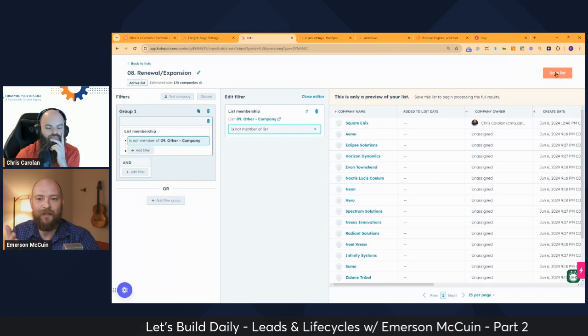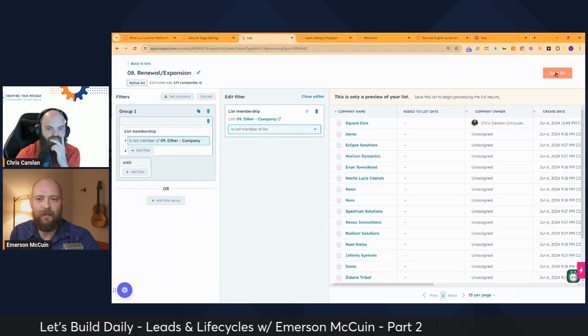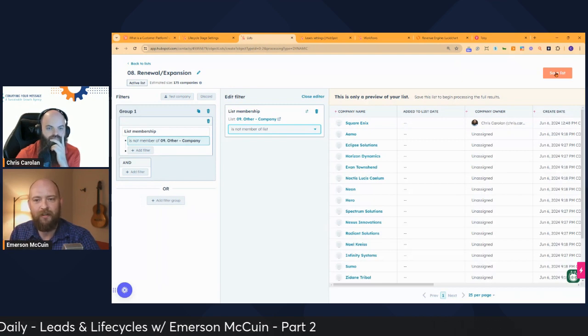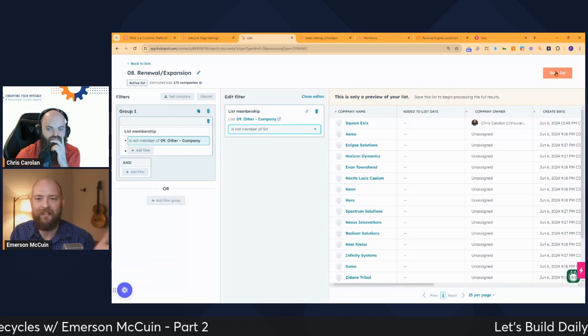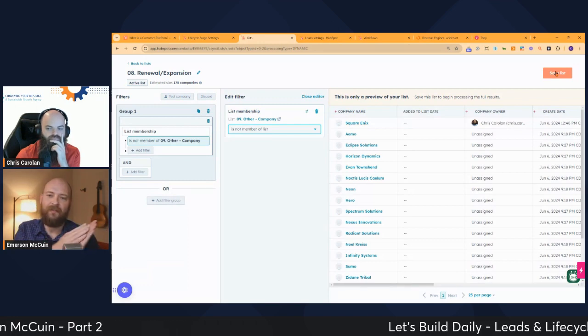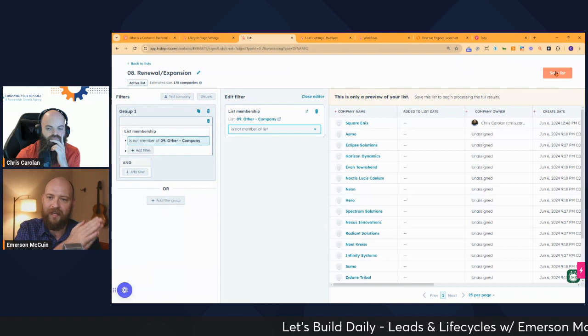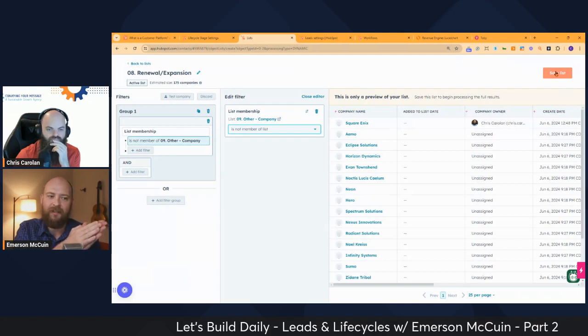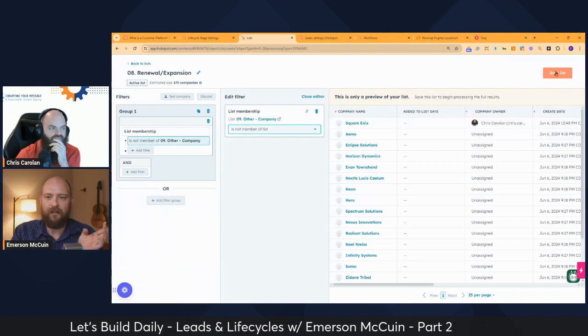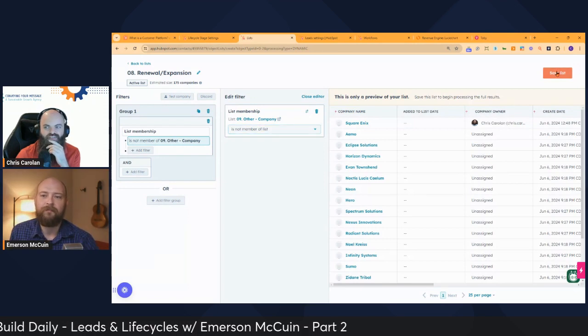We want to make sure that life cycle stage doesn't change. They're a customer, not an SQL just because they met that criteria. So if they're already in the customer list, then they're a customer.